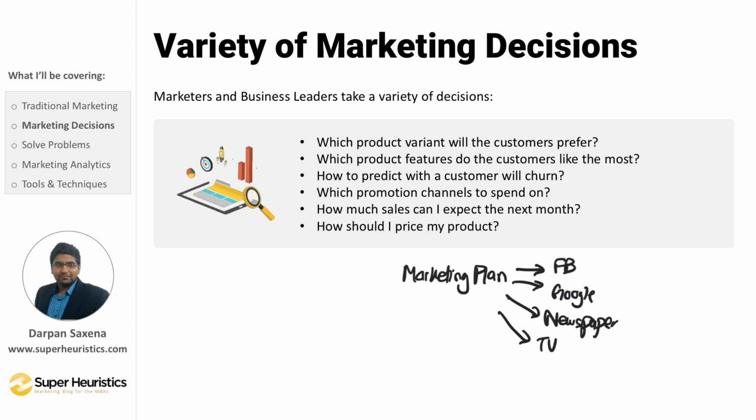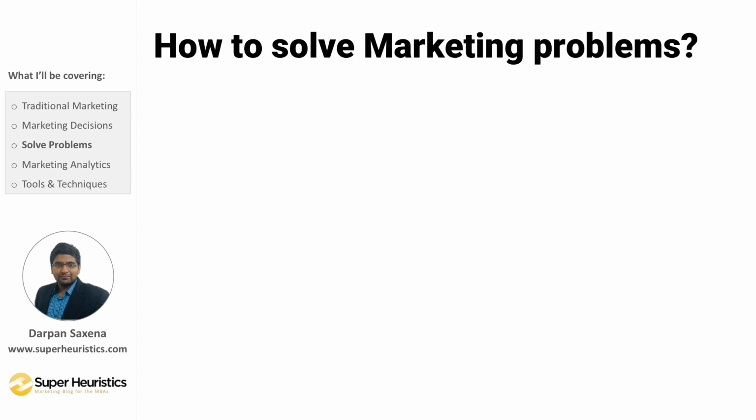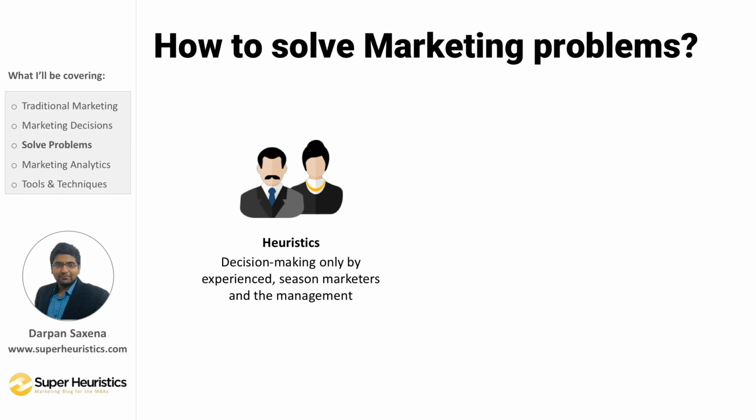Now we will try and see how exactly we solve these. One of the age-old ways to solve this is that you bring in someone who has a lot of experience in your industry, and with the help of his heuristics, meaning thumb rules, he will be able to make all these decisions for you. He will say, okay, you should spend X amount on Facebook, you should spend Y amount on this type of ad, or your product should be priced at Y points or whatever. So this is a very classical way: out of the experience of your management, you use all of these things and take all of the calls.